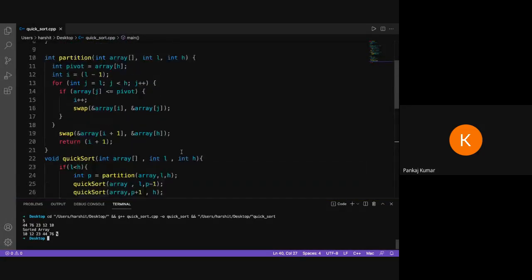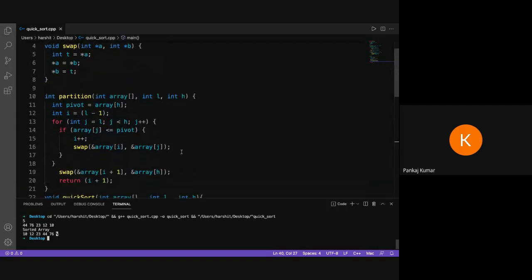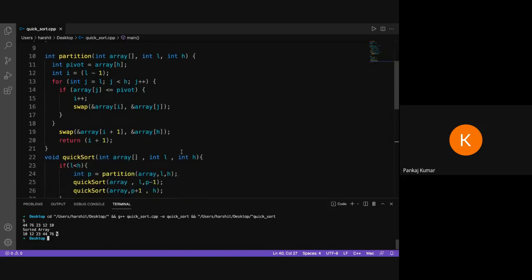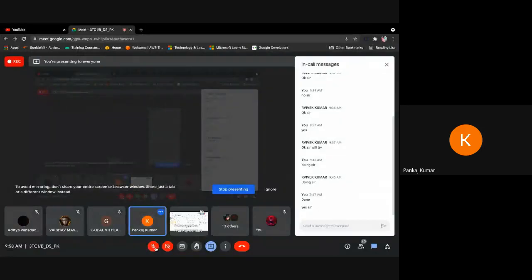Okay, then explain this code. Can you show me your partition algorithm? Your pivot is 8. Okay, we are taking the last element as the pivot, right? Harshit, unmute yourself. Okay. Yes, sir. Can you show me the code?